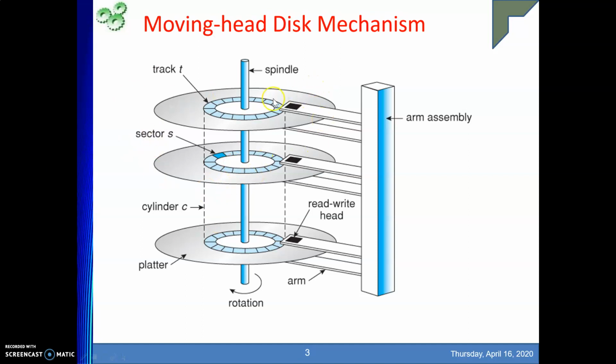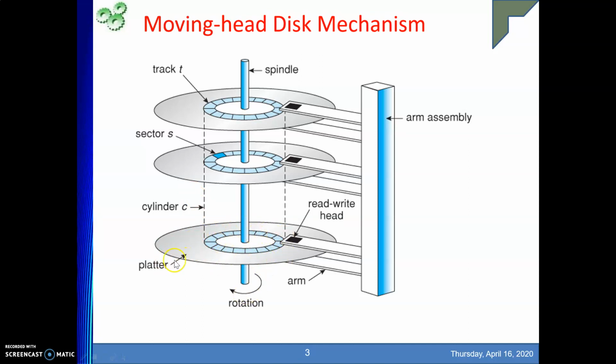The disk consists of many platters. One platter is one circular surface, right? This is something similar to your CDs. So one platter is one circular storage, and on a platter there will be many tracks. One track is one circular path, right?